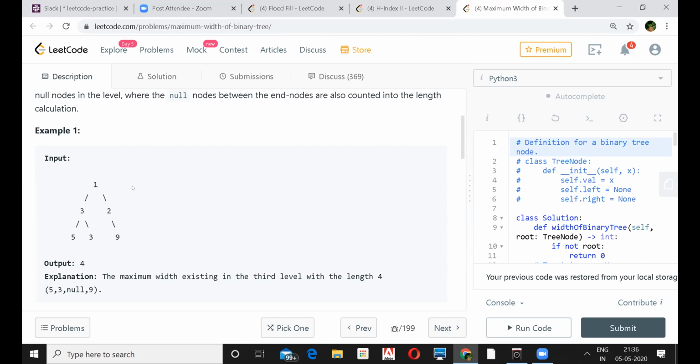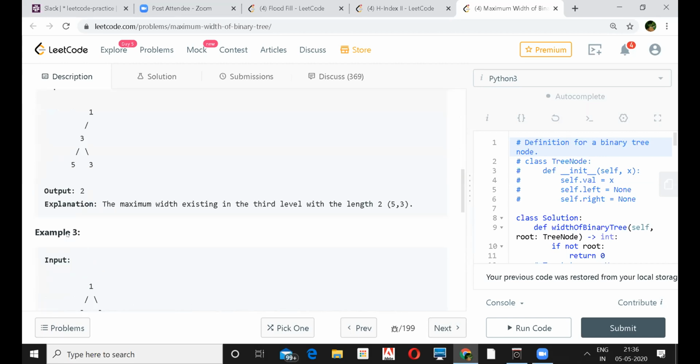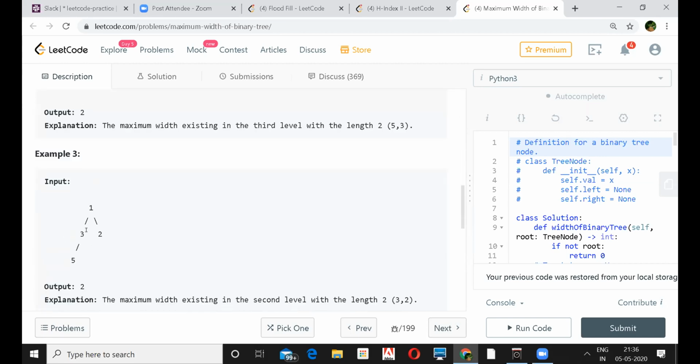So are we returning the number of nodes at the base? Right, the maximum number of nodes. But we are actually trying to see wherever we find the maximum, it might so happen you can find the maximum in some other intermediate level also. Yeah, in this example case, 3.